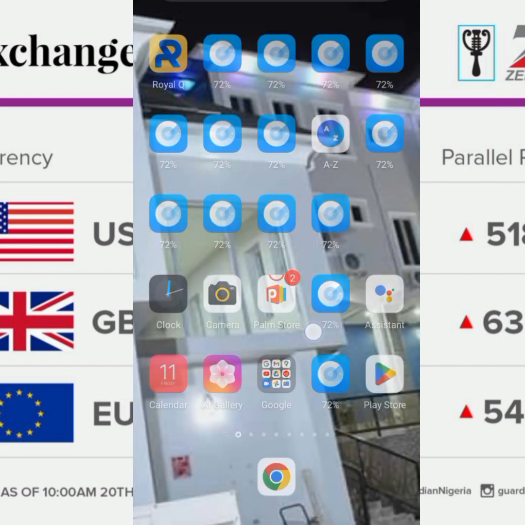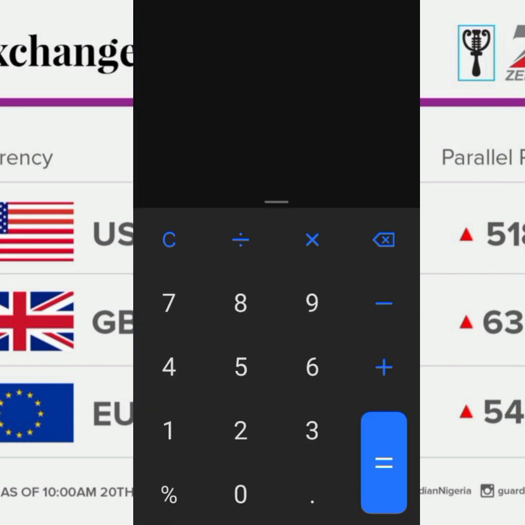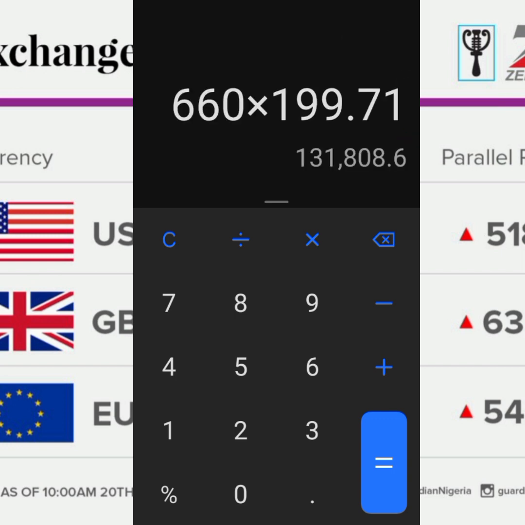And then when you come here using the same calculator that I tried out before, remember the offering is 651, but here I'm going to say 660. Aboki is likely to offer you 660. Then you say times, and you're going to get 131,000 naira. So you see, you're going to make 131,000 naira.